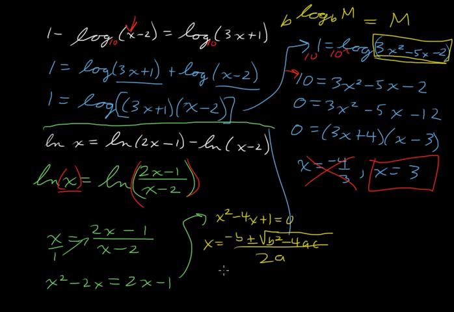And in the end, what we get is 2 plus or minus the square root of 3. But we're going to have to cross out the 2 minus the square root of 3, for the same reason we had to cross out the negative here, because we'd be putting in a negative in there. 2 minus the square root of 3 is actually a positive number, but it would give us trouble in one of these other ones, and it's this one right here. It's the x minus 2. And so